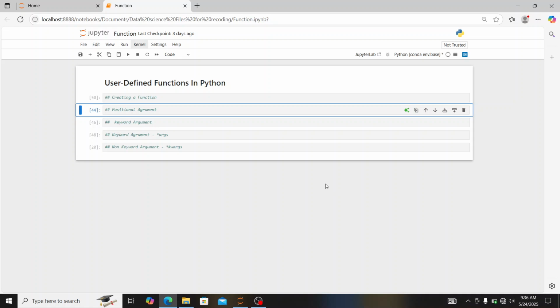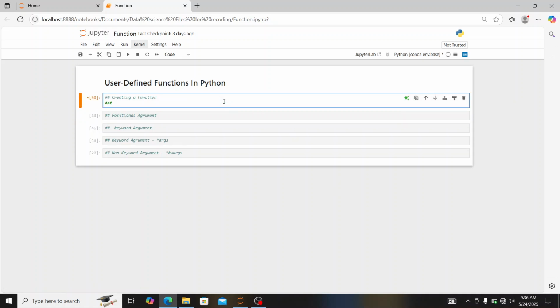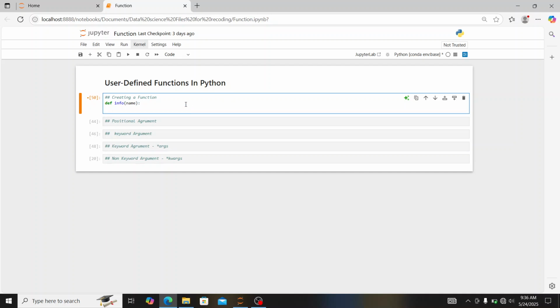So now let us create a function. To create a function, first of all, we start with def, meaning definition, and I pass in info, and I pass in an argument, name. And I pass in the instruction. Remember, we said an instruction that is going to perform to give us a certain action or output. I'll say print, def, and I say my name is name here,